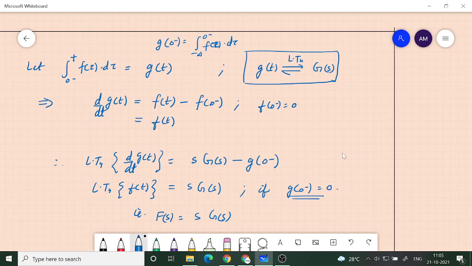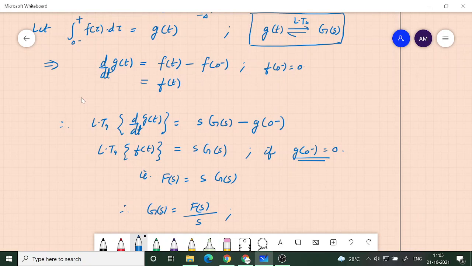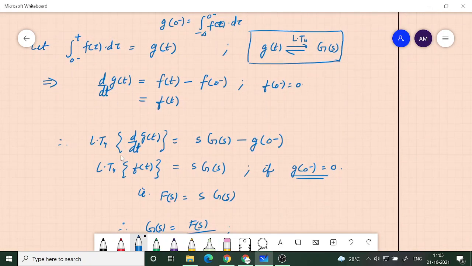If this is g of t, just replace t with 0 minus, and that will give you g of 0 minus. So I am assuming that g of 0 minus is 0, and under that assumption I am finding the Laplace transform of the derivative of g of t. Because for the derivative of g of t, I know it is s times G of s minus g of 0 minus, and g of 0 minus I am assuming to be 0,